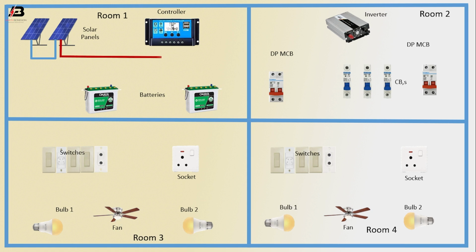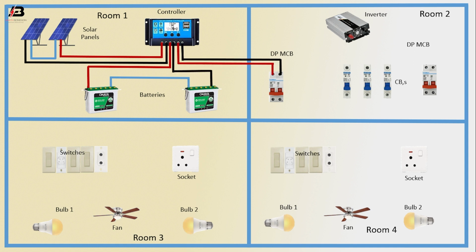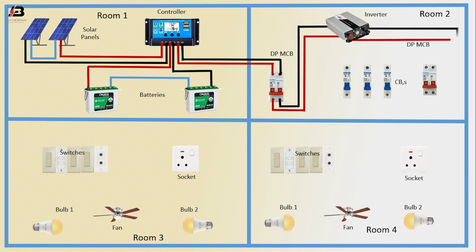connection from solar panel to connect controller, negative connection from solar panel to connect controller, positive connection connect to battery, another series connection between two battery, negative connection connect to another battery, output connection from controller to connect DP-MCB, output connection from DP-MCB to connect inverter, output connection from inverter to connect DP-MCB, output connection from DP-MCB to connect circuit